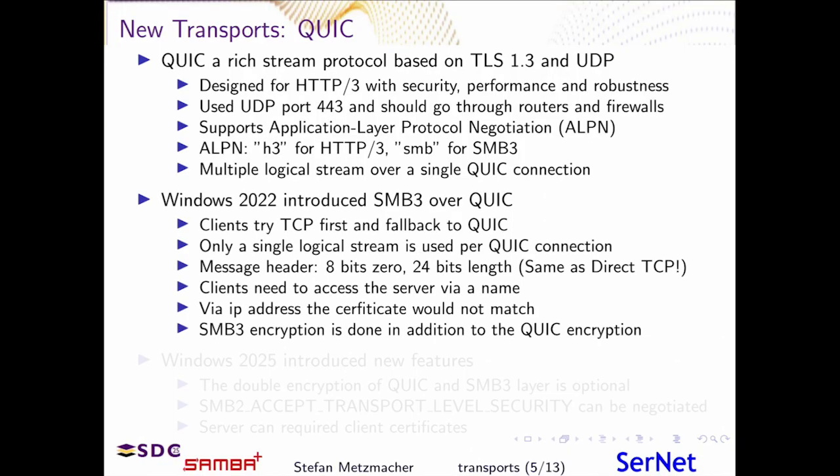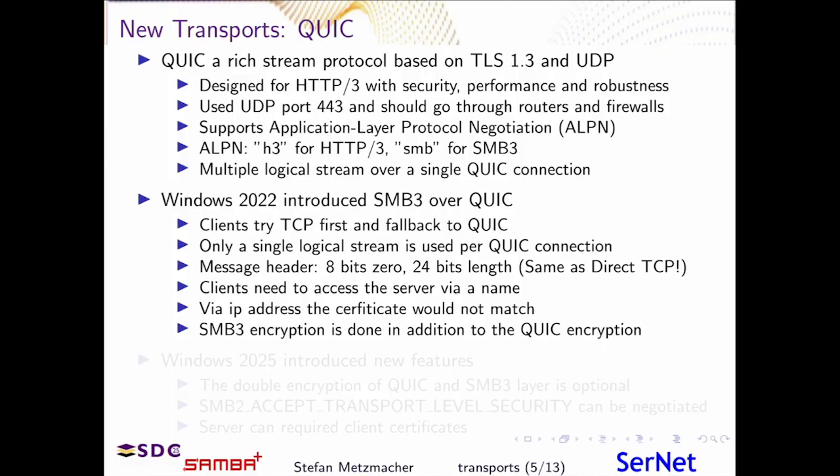Yeah, Windows 2022 introduced that as a transport for SMB3, and clients typically try TCP first and fall back when there's no response after a few milliseconds, I guess. Yeah, only a single stream is used,